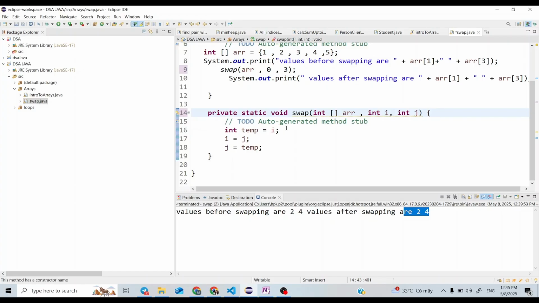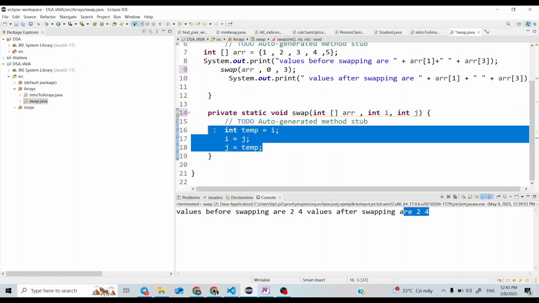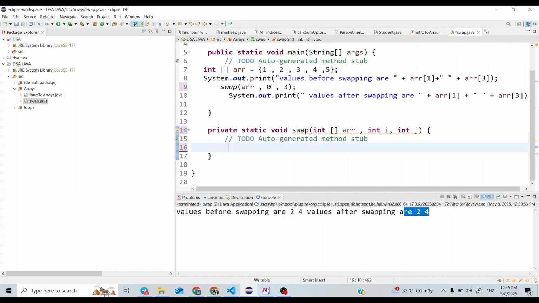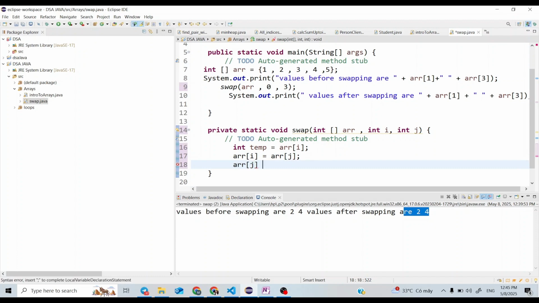Now in the logic, what I have to do is, at the temporary variable I have to put array of i, and at array of i I need to put array of j, and at array of j I will be putting temp.